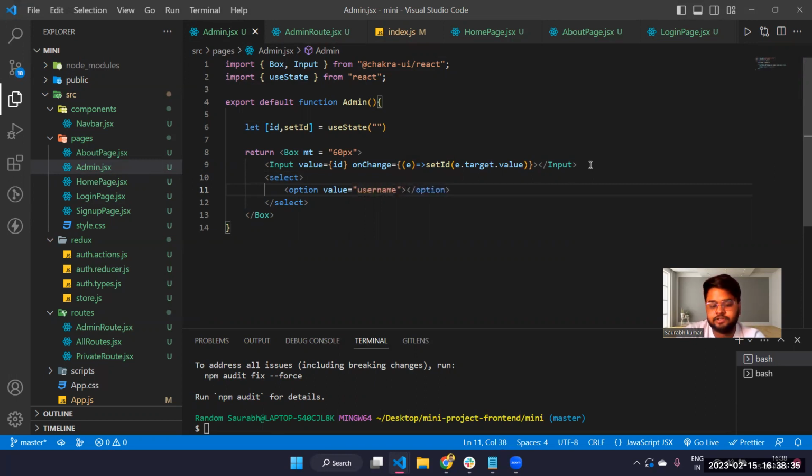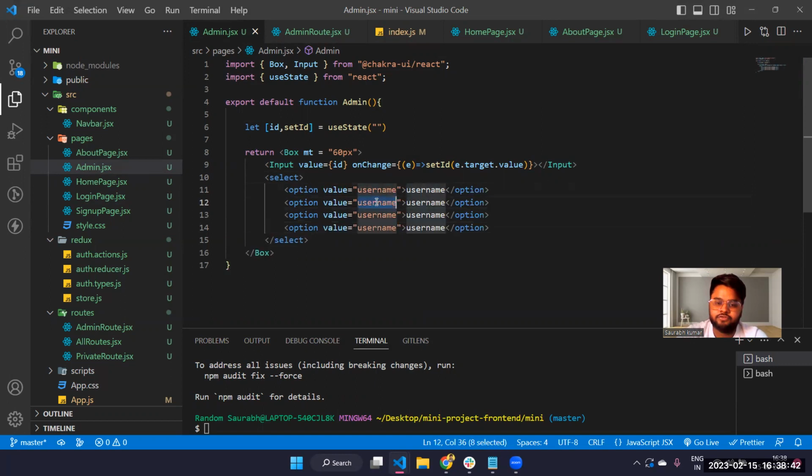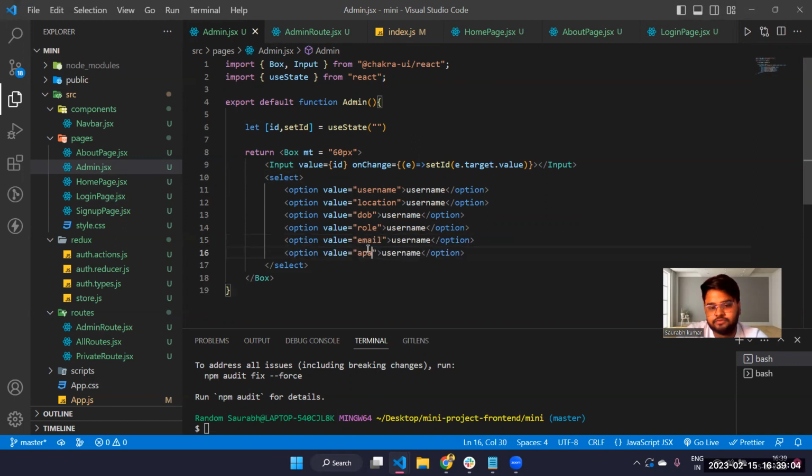You can say you want to change username. Okay, one value should be location, one value should be called dob, one value should be role, but yeah, we can also change the role actually, and one value should be email. Maybe you can change also password if you are admin,